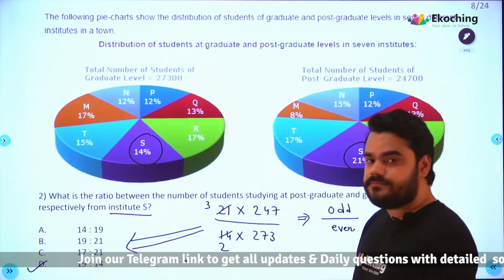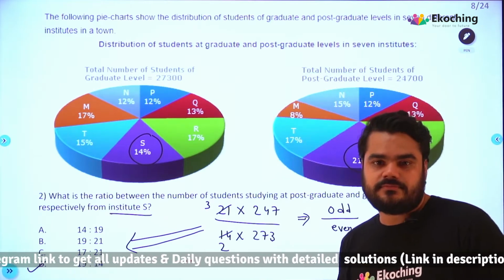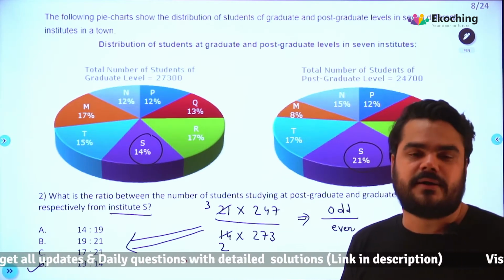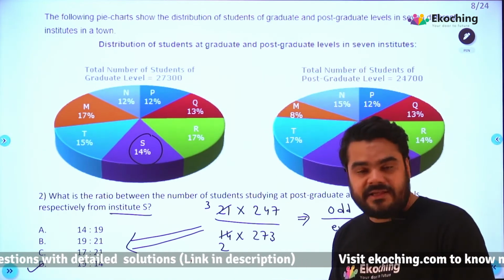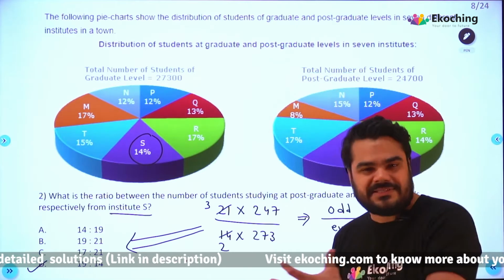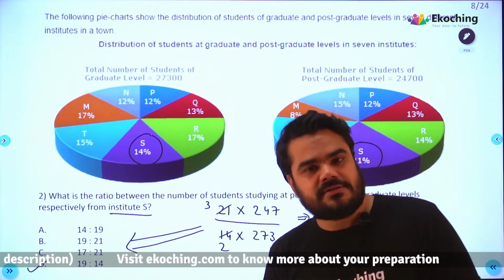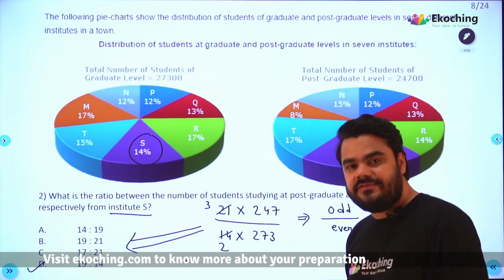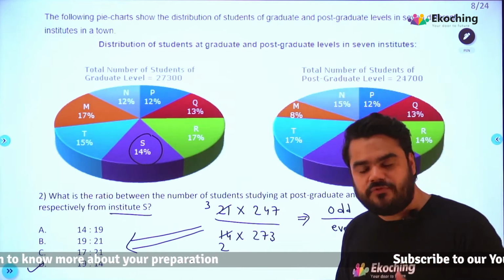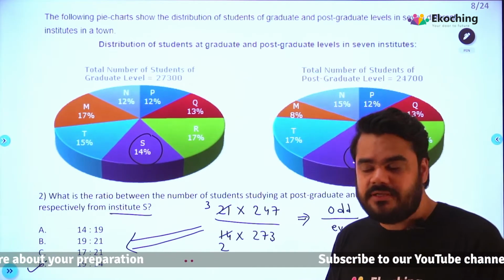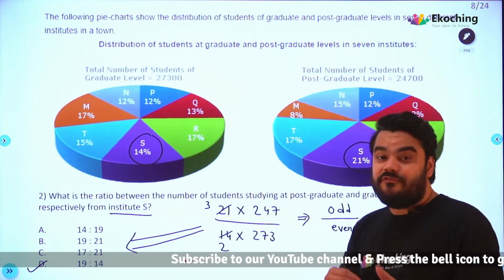Done. Very simple, smart work, not hard work. Meaningless hard work, but smart work. We just thought that there is a 2 and we cannot cancel that 2 out. इस 2 को आप आंसर में से निकाल नहीं सकते, वो रहेगा, तो आंसर में रहेगा हमेशा. इसका मतलब आपका डिनोमिनेटर जो है वो हमेशा इवन रहेगा, तो इवन एक ही केस में मिल रहा है डी. That has to be the answer. You have to have that faith. That has to be the answer, right? Obviously you can verify it, right?